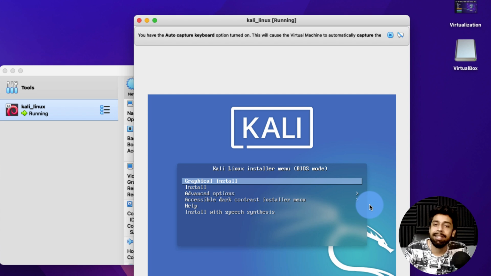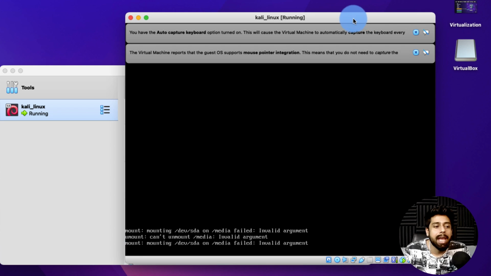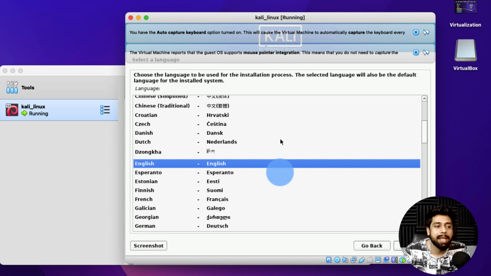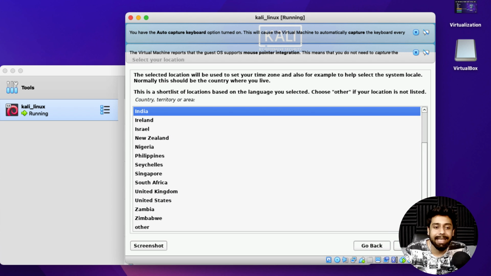But yes, graphical install is going to be our solution here, and it is now trying to mount the ISO file that we have just opened up. And now it is asking me to select a language, that is English in this case. I'm going to click on continue, and the country is going to be India in this case, since I'm sitting in India right now.